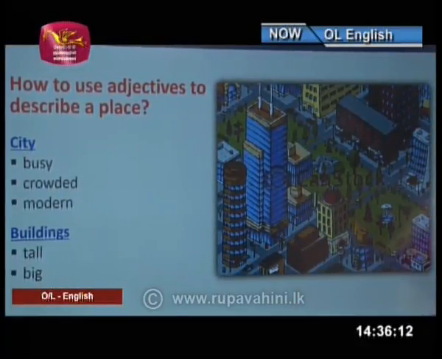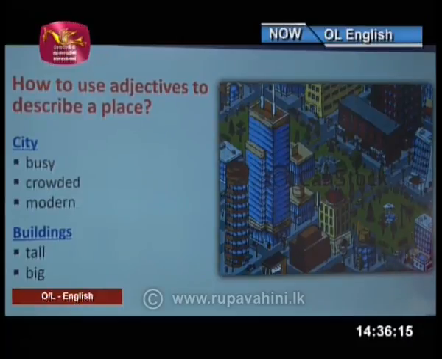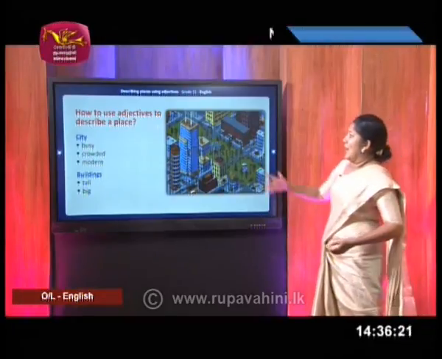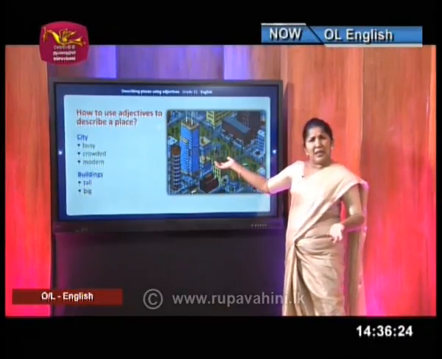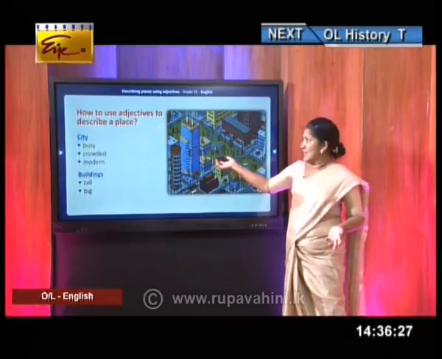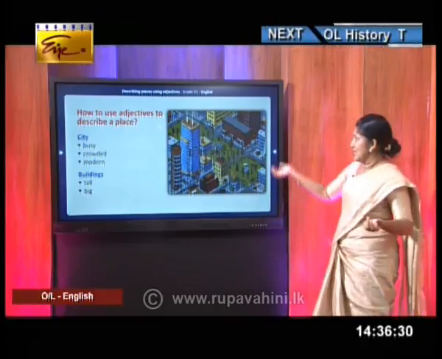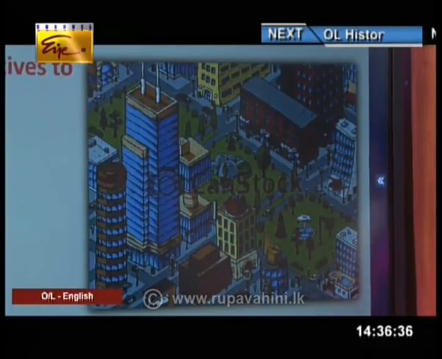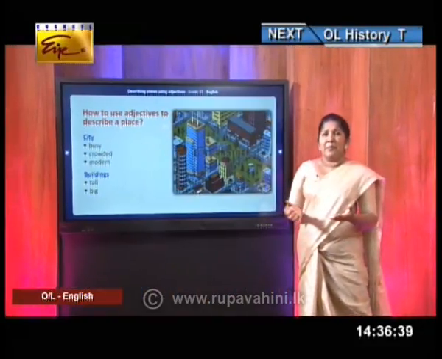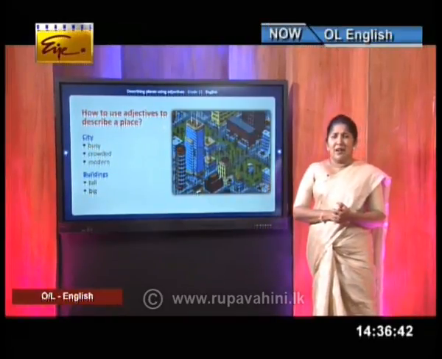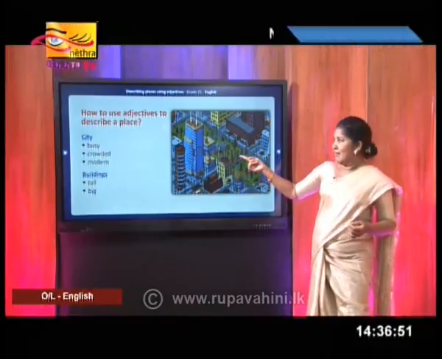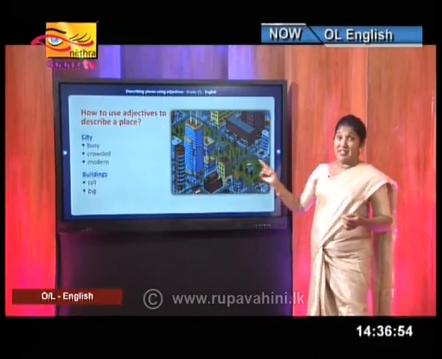So all this while you have been doing activities on filling in the blanks, and now we have a picture that we are going to talk about. What is this picture? Are you familiar about this place? Yes, I think most of you know because you are O-level students. This is a picture of a city. Usually, to describe a city, you have plenty of words. I'm sure that you have many words. I just got 3, and I got busy, crowded, and modern.